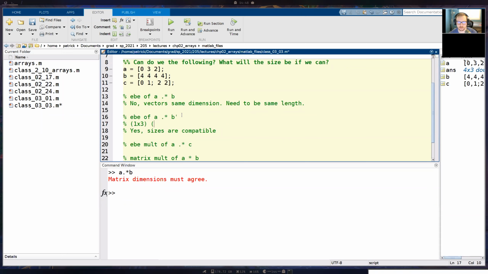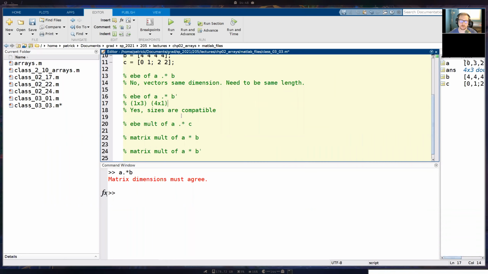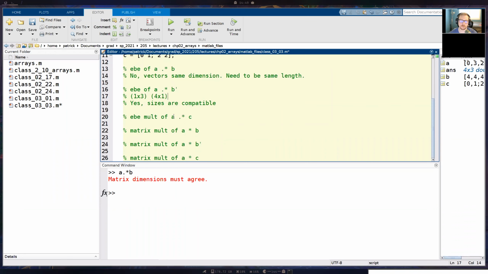So my camera just died. That's okay. There was a question about whether we're looking at the inner numbers. We're not looking at the inner numbers quite yet. We look at those once we do matrix multiplication, but for element by element multiplication, it doesn't matter.